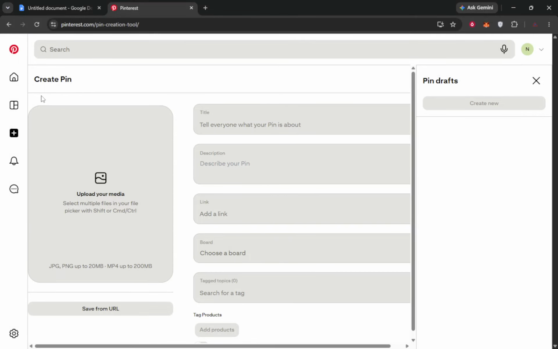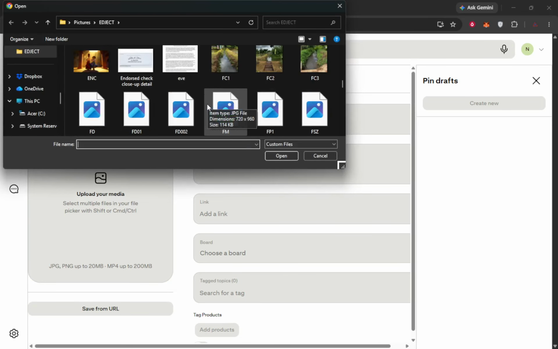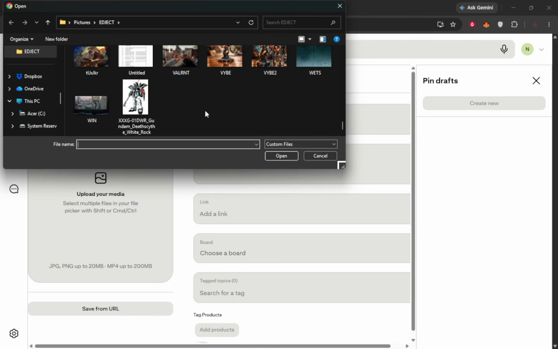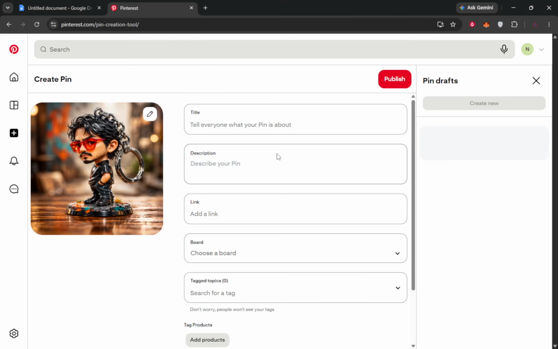After you do this, Pinterest opens a new screen or window with empty fields where you can build your wallpaper pin. With that ready, upload the wallpaper image from your device. Use the upload area you see, then pick your image from your phone or computer files. Once it loads, you should see a preview of your wallpaper in the main part of the screen. If the wrong image appears, just remove it in the same area and pick a different one.